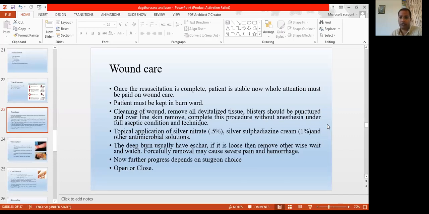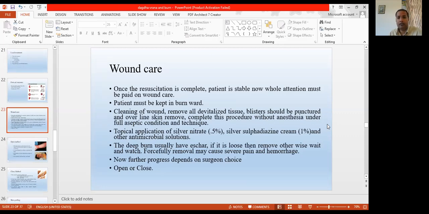These wards are sterilized and avoid direct air entry. So next, now you start cleaning the wound. First you start cleaning the wound with antiseptic solutions, by mechanical debridement, and maybe chemical debridement, whatever is required. So you debride all the dead and devitalized tissue from that burn site.